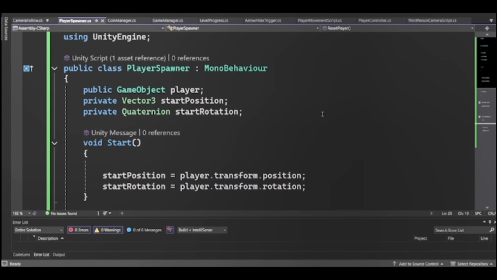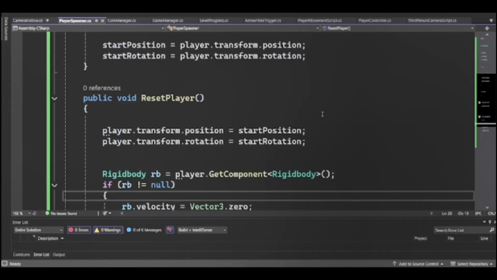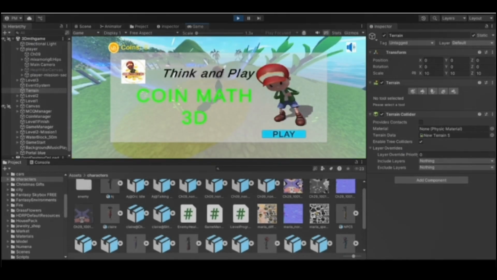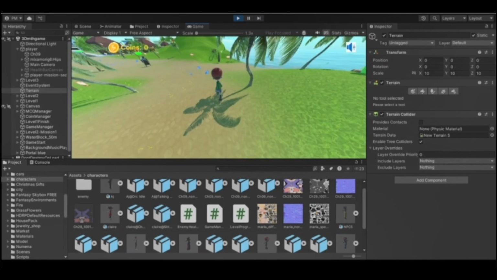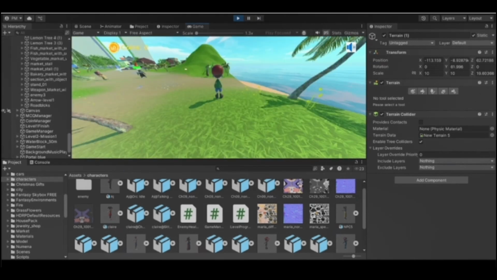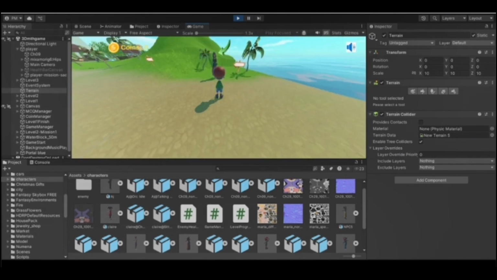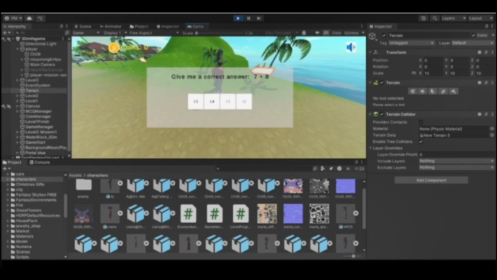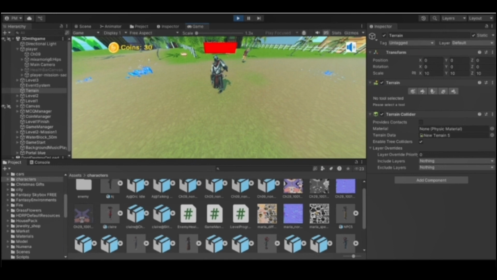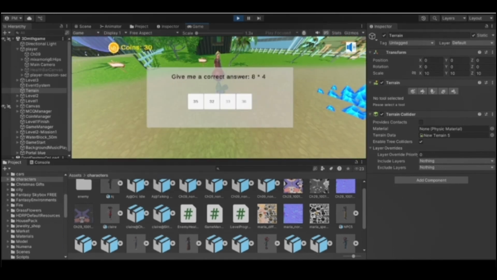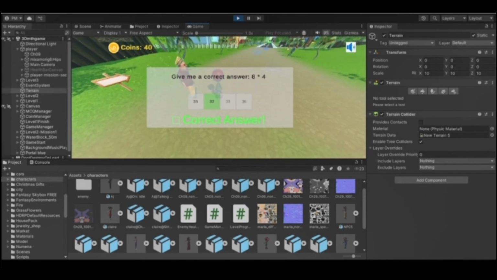When you play the game like this, you can see the game start panel. You can start the game by pressing E. Later, when the player goes to the NPC, a math question is shown. The panel is used for this. Then the player can give the correct answer using keyboard 1, 2, 3, 4. If the answer is correct, coins are added.